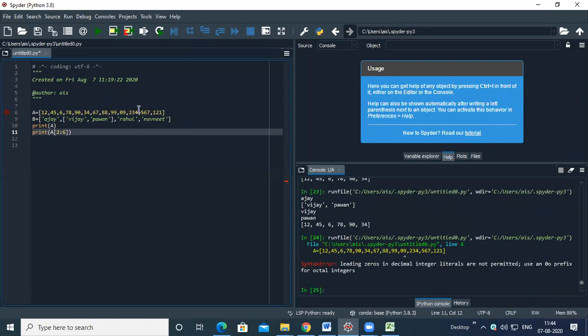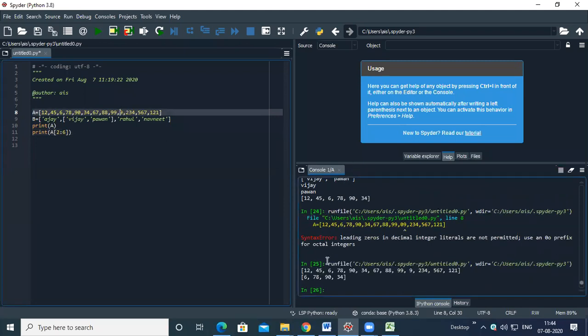Then in first printing it will show all the elements of the list, and in second printing it will show only from 2 to 6. 2 to 6 means index number 2, 3, 4 and 5. So here 0, 1, 2, 3, 4 and 5. Whatever the last index boundary, उससे एक कम आपका प्रिंट करता है।